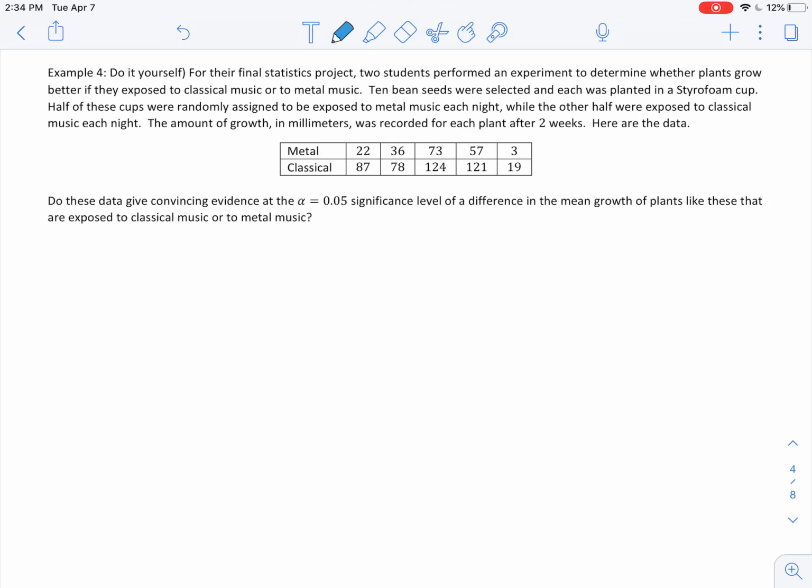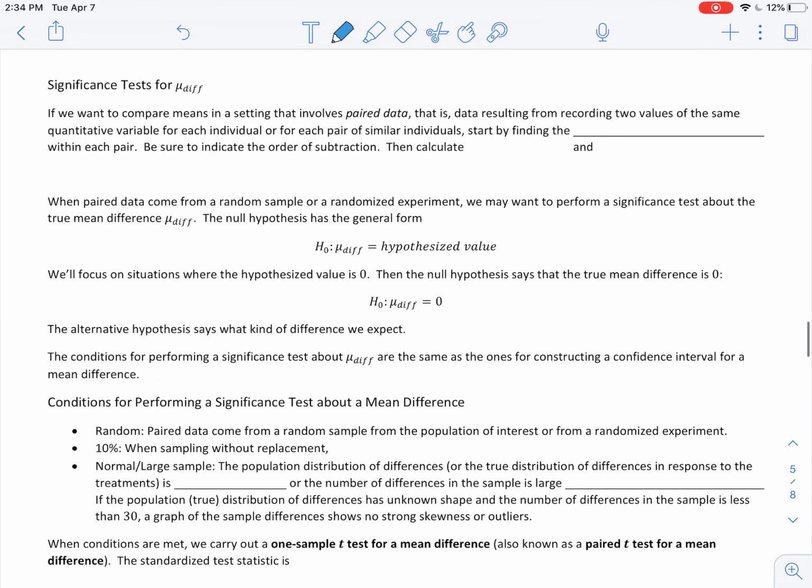There's another example on here that I don't have done, and it is going to be a do-it-yourself. I would highly recommend you work on that on your own and then check the answer key to make sure that you're doing it right. But the next thing we're going to talk about, I'm going to